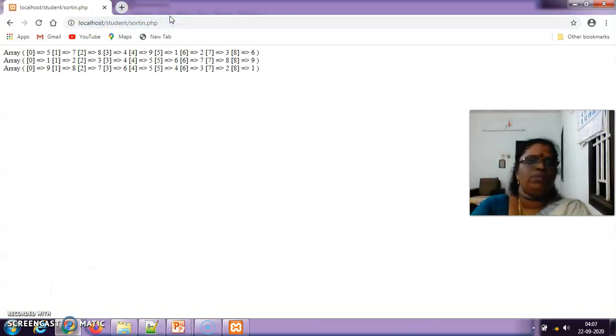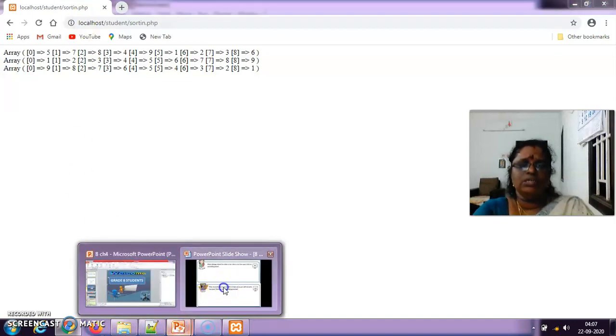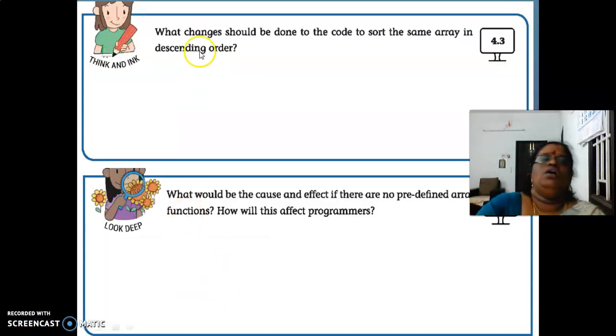See how it is being printed. See, this is the given array. This is ascending order sorting and this is descending order sorting. Yes, children? Clear with this? You can go to the next one. So this is the answer.